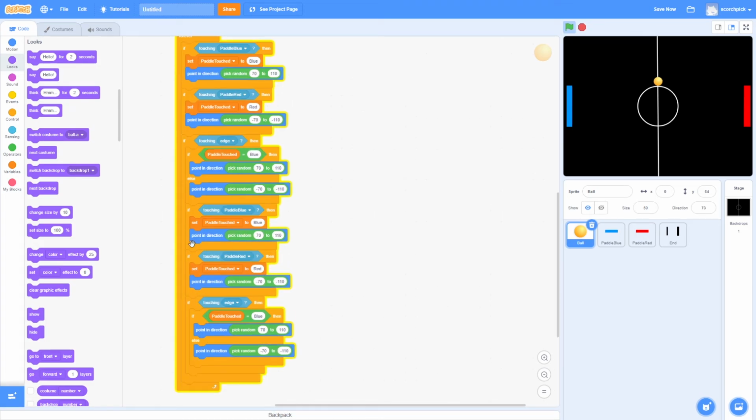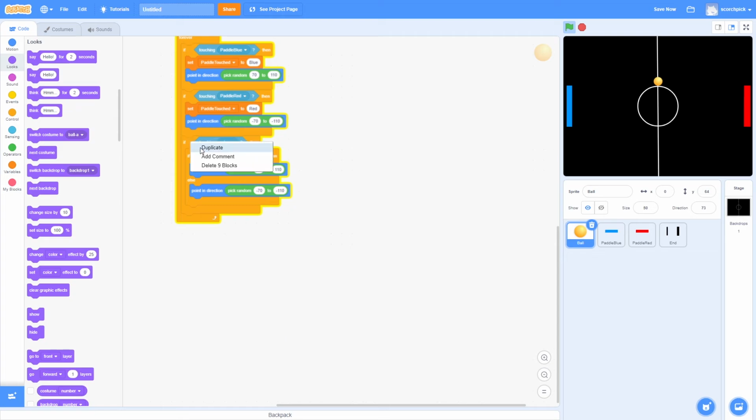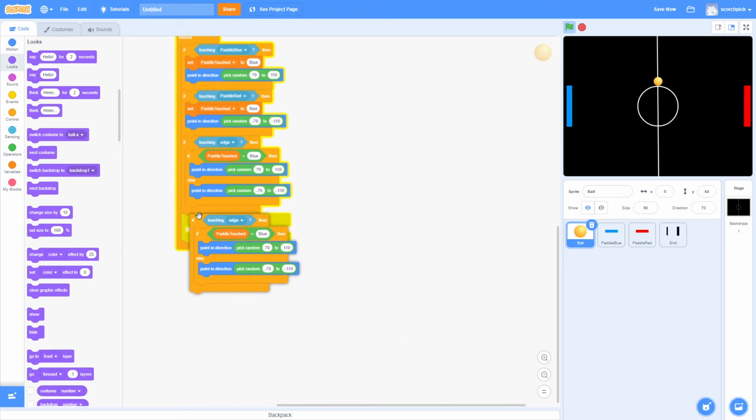Oh, I did not want all of these extra bits. Let's just duplicate this last one. If touching the edge, we want end. Then